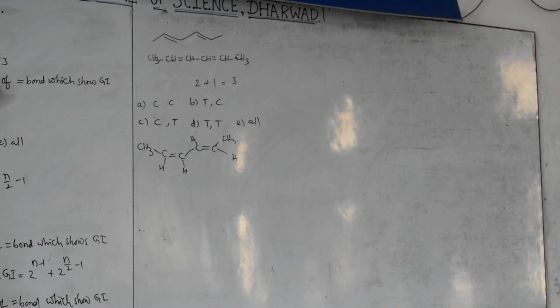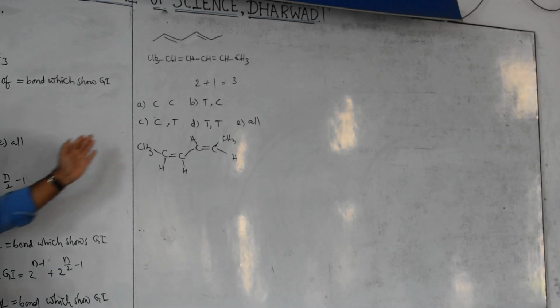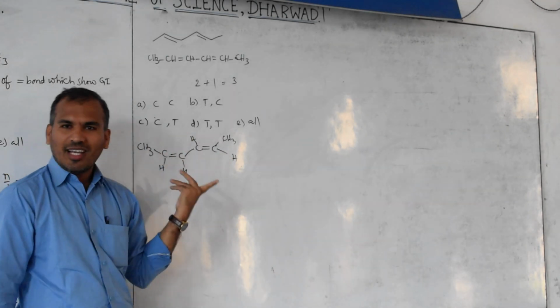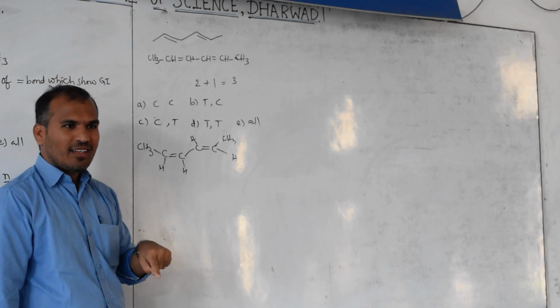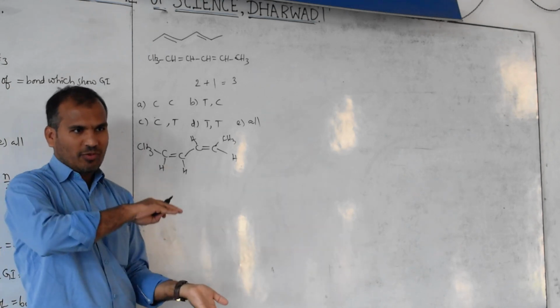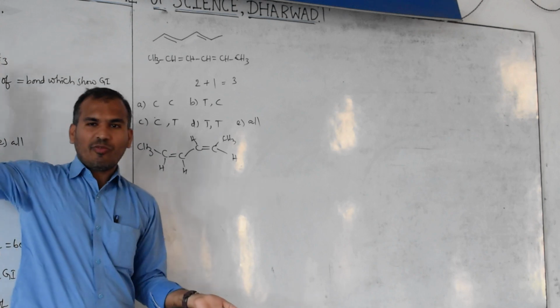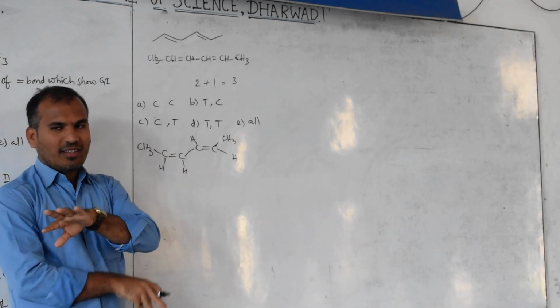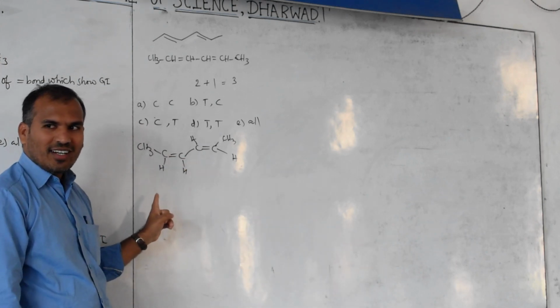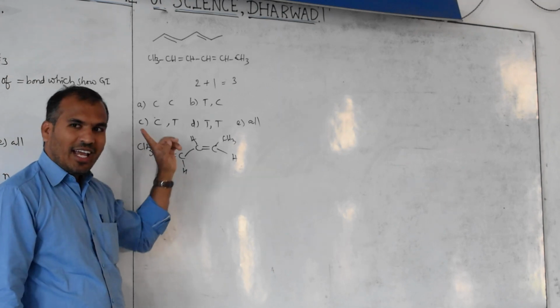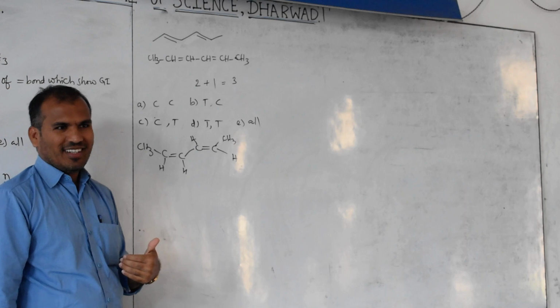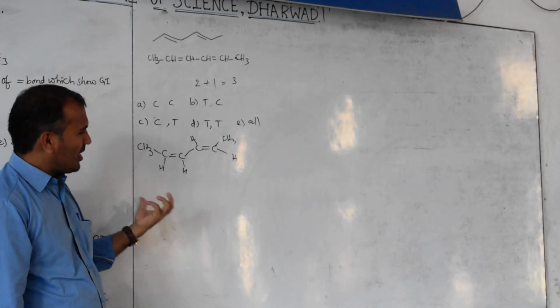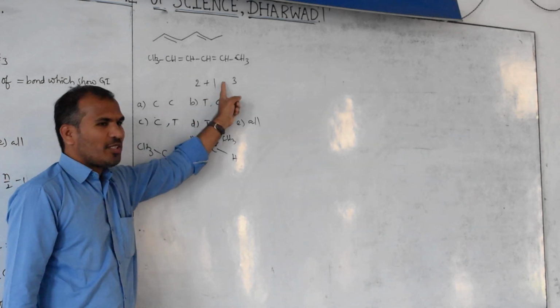On the right side ethyl is there, on the left side methyl is there. But here, what is on both sides? Methyl only is there. You counted it only one time. Reason: on either side it is only a flipping type. But here if you flip, you will get a different one. So it is counted only one time. So which option is wrong? Any one is wrong, depending on which one you are considering. Got the concept? So a question like this will be answered this way. That's why only 3 are possible.